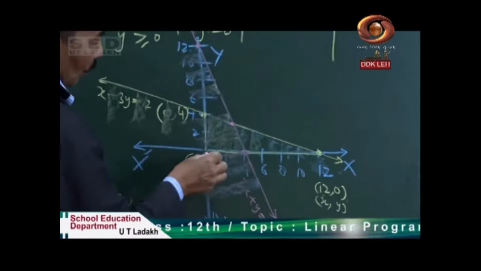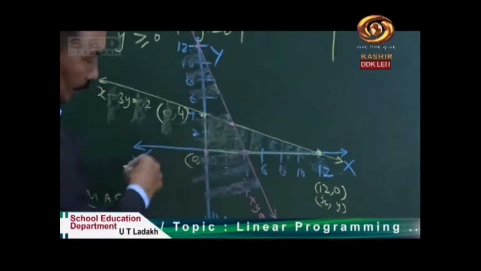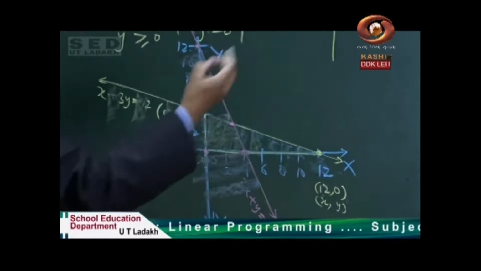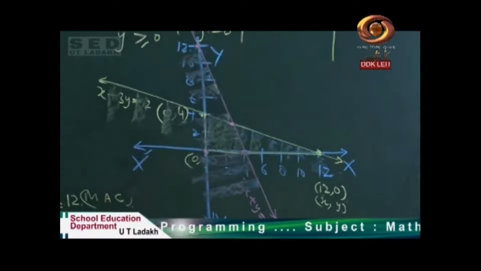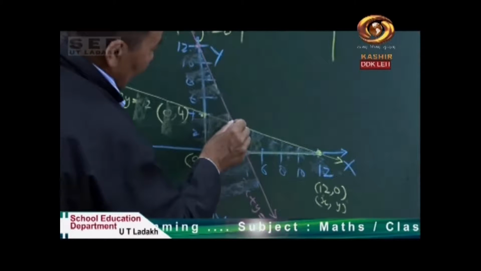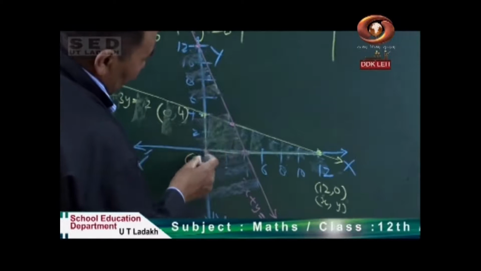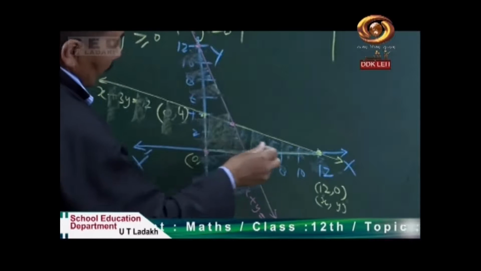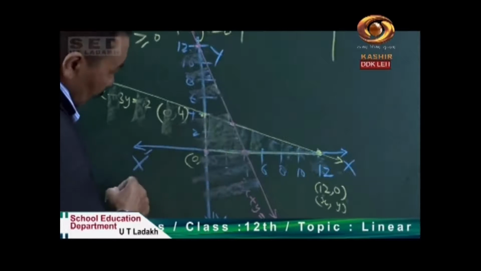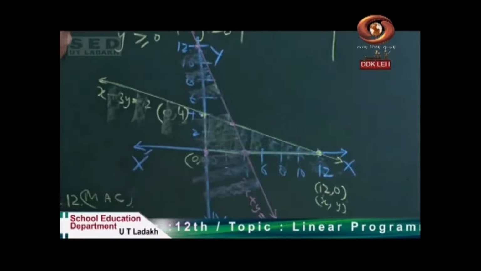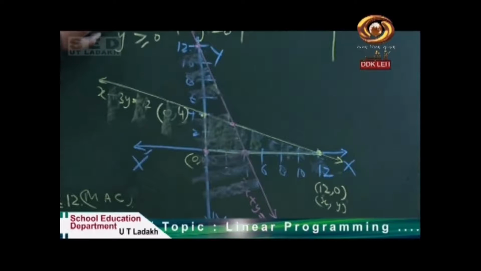This is towards origin, because origin is over here, so we have to shade it to this side. The other side is considered as non-solution region. Now I would like to find out, can you imagine, if we shade this line towards origin, this line again towards origin, and the solution of this region, you already know